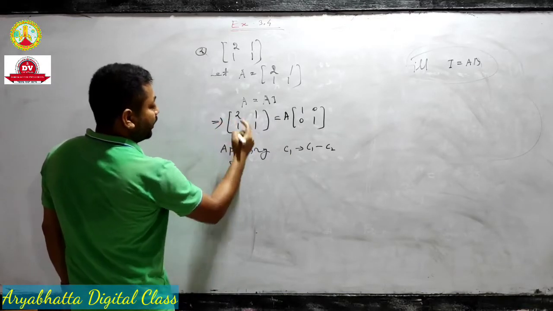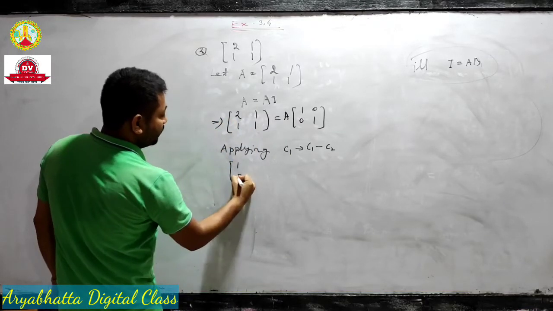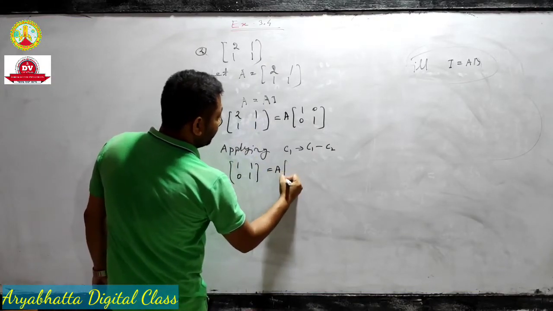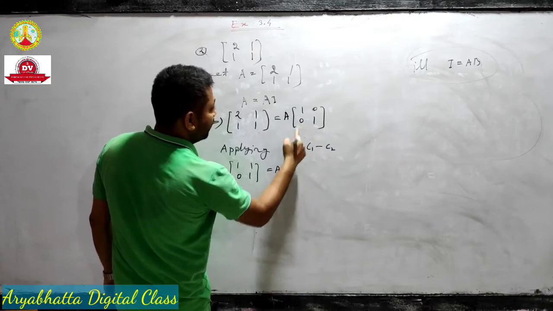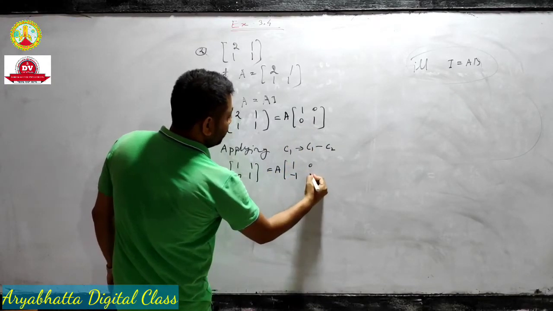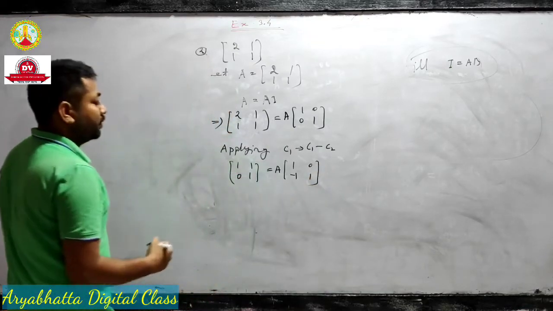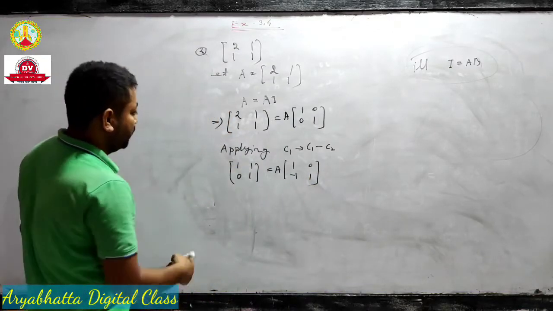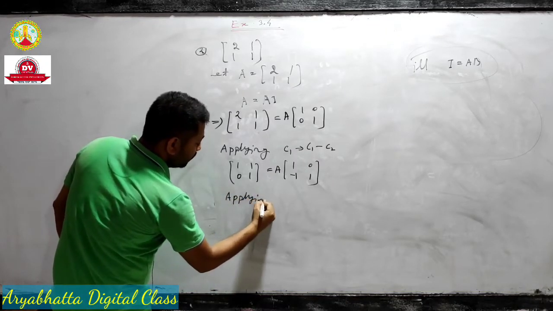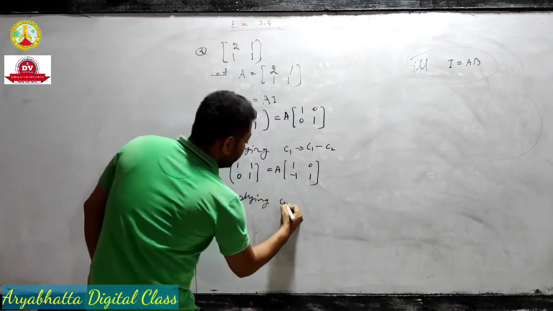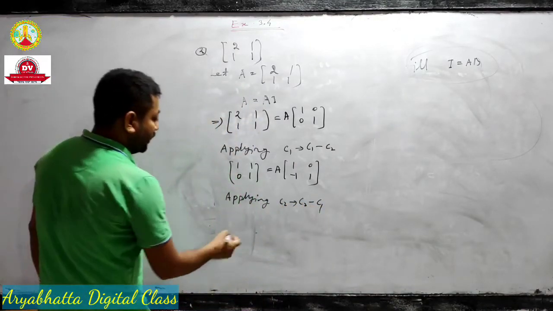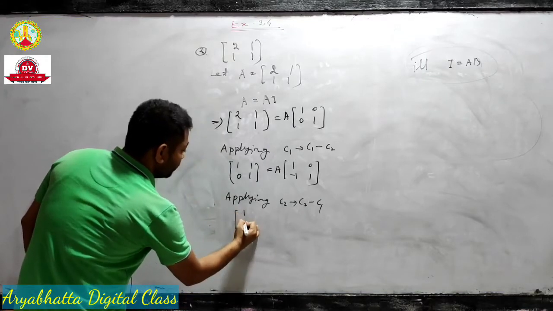Then we have 2 minus 1, 1, 1 minus 1, 0. C2 does not change. A equal to 1, 1, 0, 1 and on the right 1, 0, minus 1, 1. Next, for these elements, we apply C2 tends to C2 minus C1. Then we have 0,